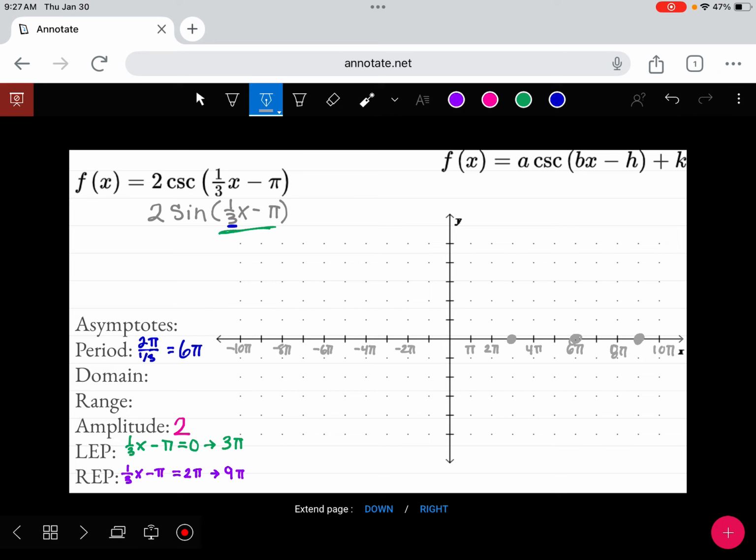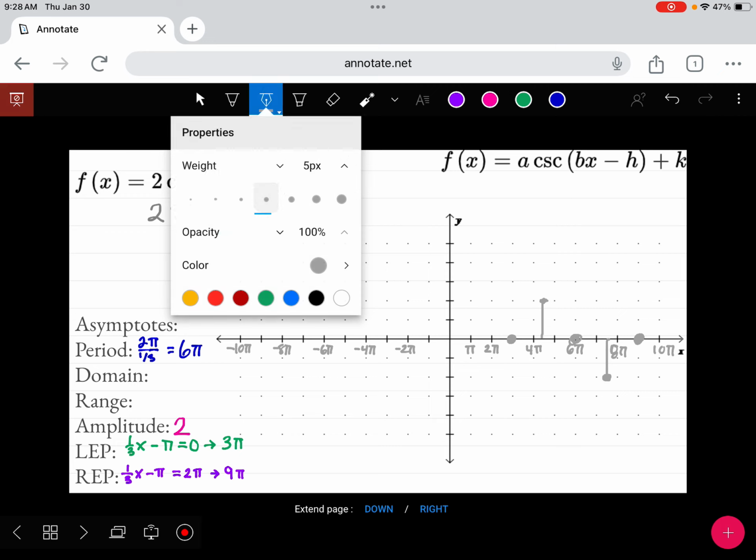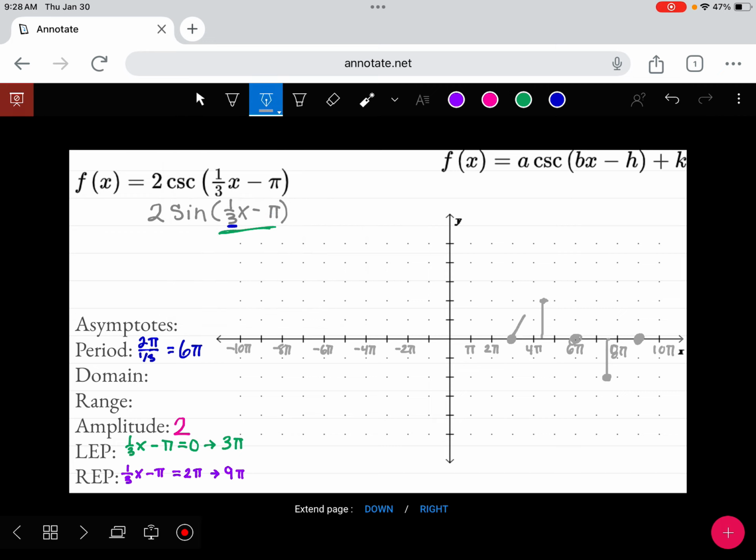So is the middle one gonna be between 4 and 5? Yes. So our top piece is going to be halfway between the two. It winds up being at 4.5 or 9 pi over 2. Since our scale is so off, it's actually winding up at a halfway, which is unpleasant, but it's there. And it needs to be up at 2 because that's my amplitude. So halfway between on this one, we're going to go down 2 because that's my amplitude. So it winds up being in between, and that's okay. We can do that. It's not super pleasant, but it's fine. So this is our first